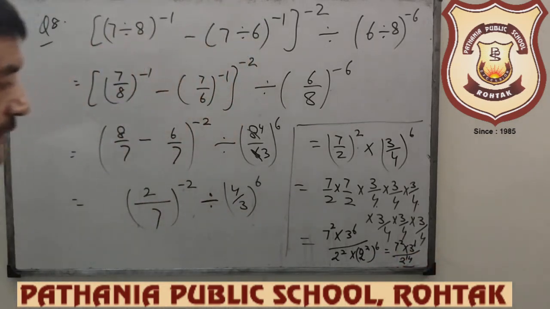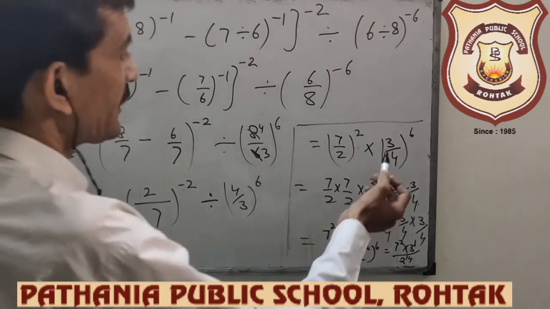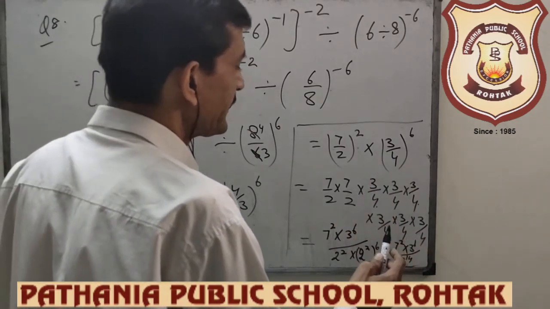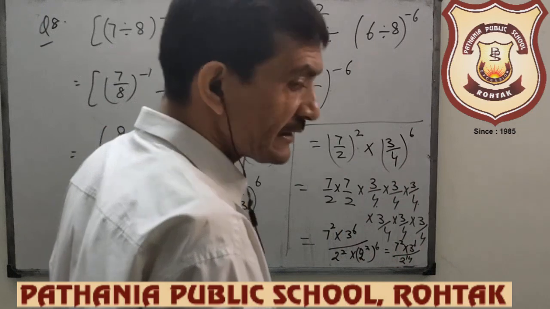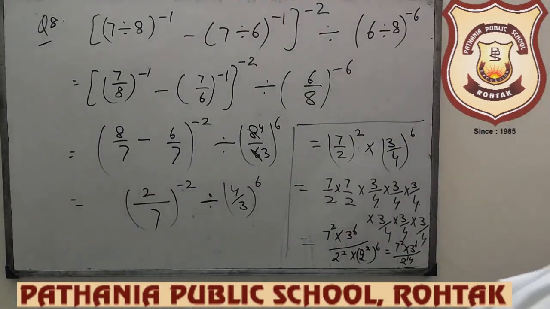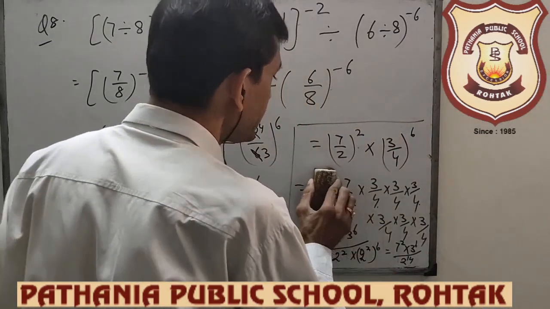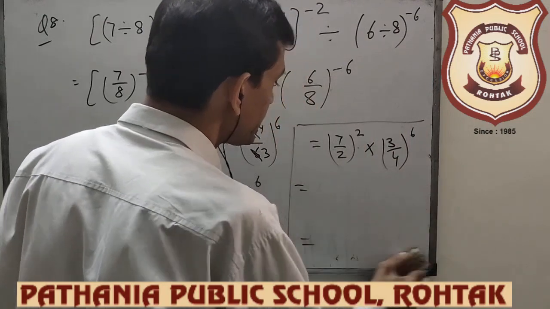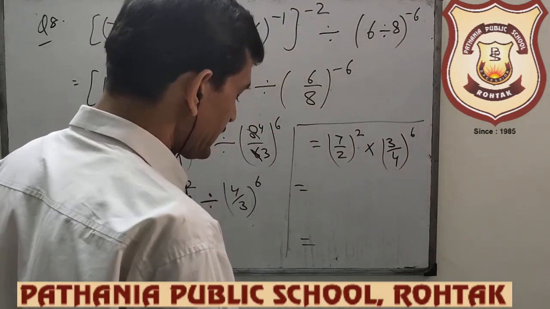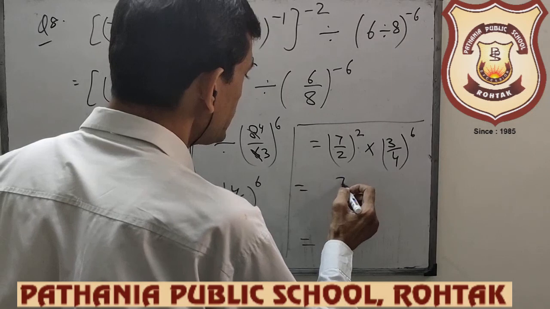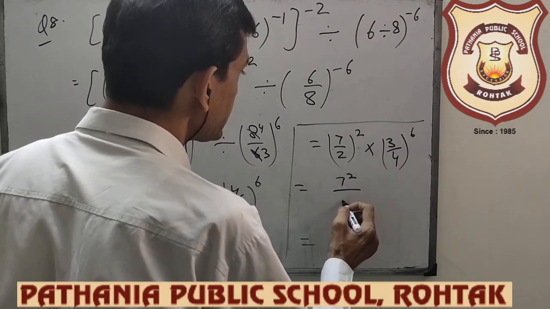This is the answer. When powers are so large, then don't try to open that. You just write like this. You can write like this also. No need to open it. Simply you can also write it like this: 7 raised to the power 2 upon 2 raised to the